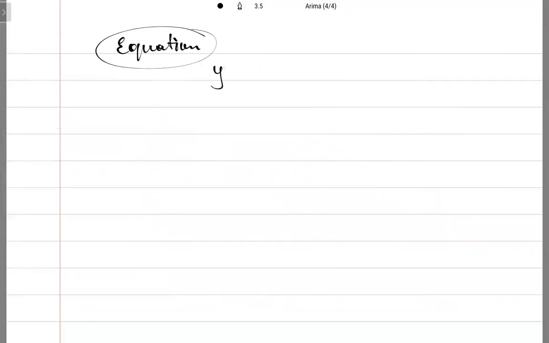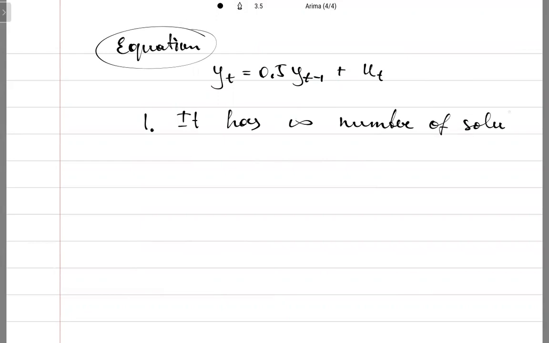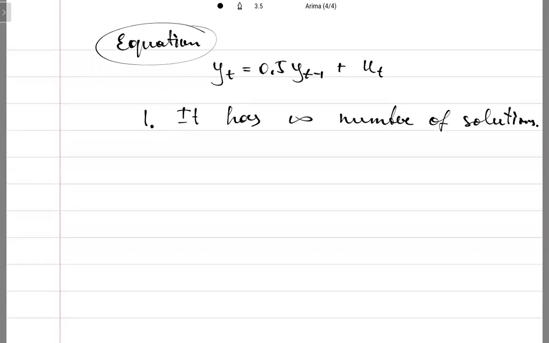if you have an equation yt equals 0.5 yt minus 1 plus ut, then the first thing you should know is that it has an infinite number of solutions, as a first point. If this equation has at least one of yt minus 1 or yt minus 2, it has an infinite number of solutions. The second point is that it has